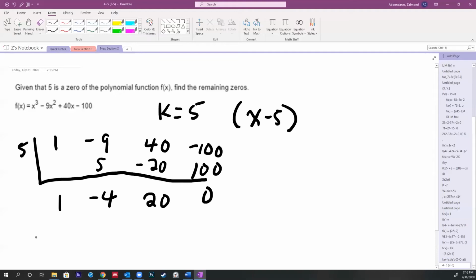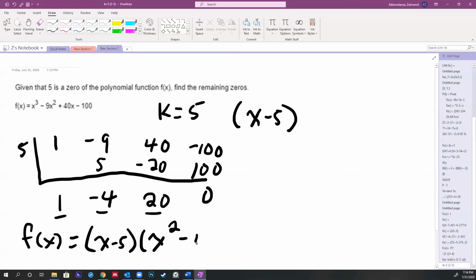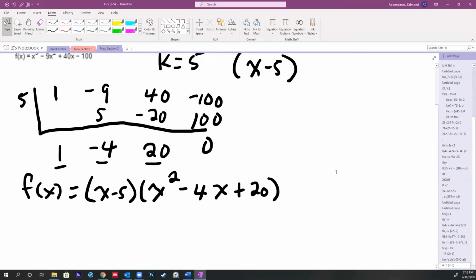So this tells me what we already knew, that x minus 5 is a factor. And the synthetic division leaves me also with the coefficients of the remaining factor, which is going to be x squared minus 4x plus 20. And so all we have to do then is factor this second degree polynomial here. And we can do it in a number of ways. One way to do it is to try